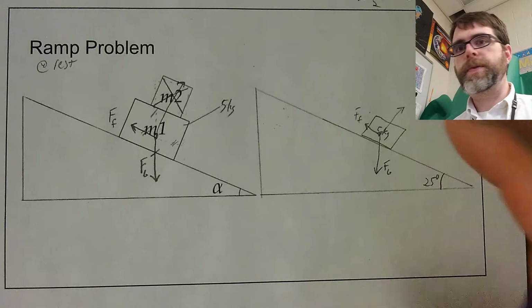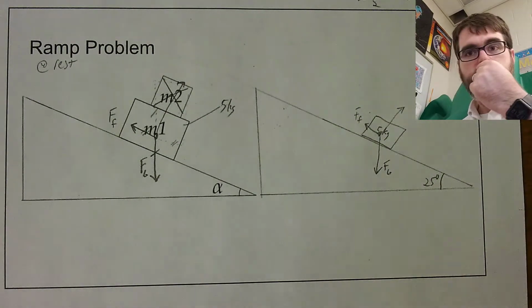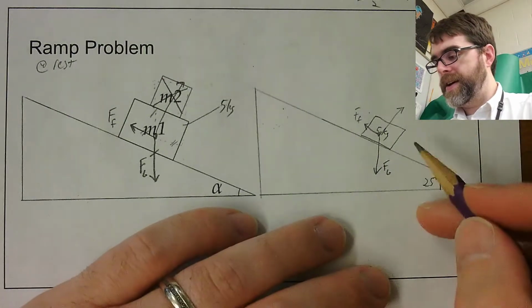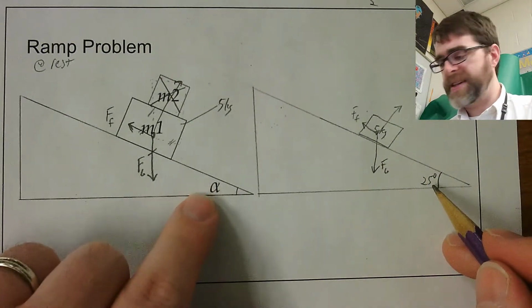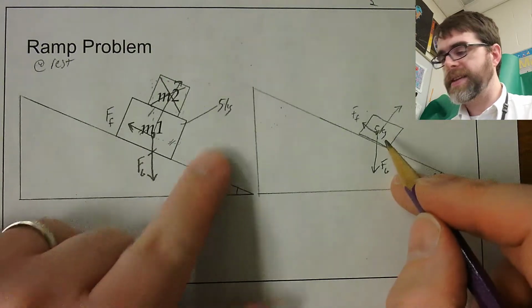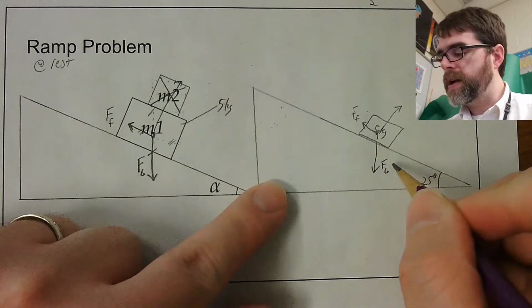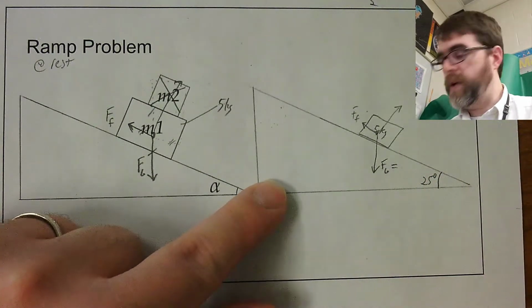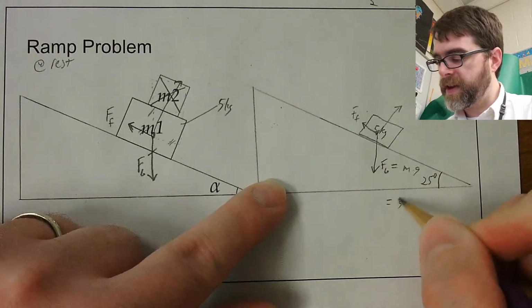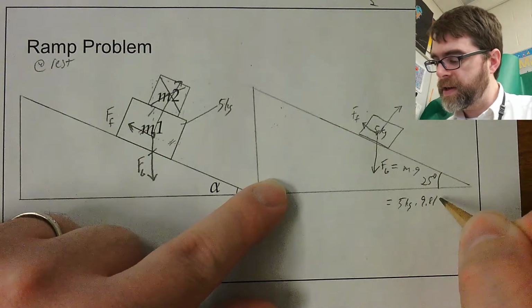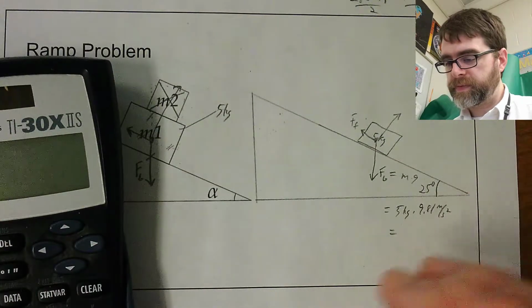So now we're ready for the famous ramp problem. Solving this one is a little odd, but what I've done here is I've given us the angle of 25 degrees, and then I said let's pretend the box here is 5 kilograms. Now we of course know that we can solve for the force due to gravity. We've done that several times already. It's m times g, so that's 5 kilograms times 9.81 meters per second squared, and so then that's going to give us